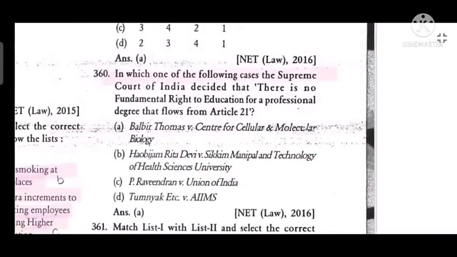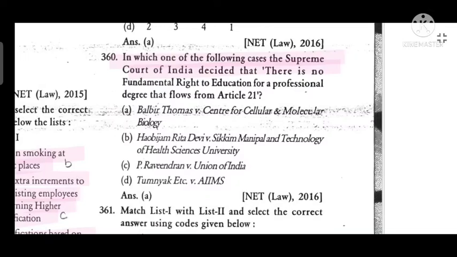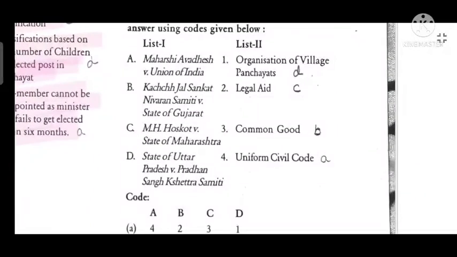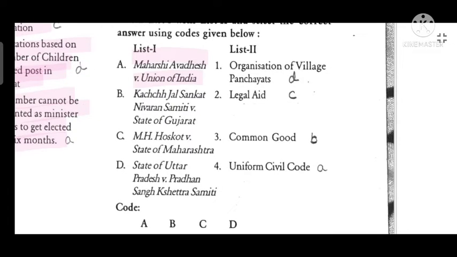In which one of the following cases did the Supreme Court of India decide that there is no fundamental right to education for a professional degree that follows from Article 21? Balbir Thomas versus Center for Cellular and Molecular Biology. Maharshi Avdesh versus Union of India: Uniform Civil Code. Kachchh Jal Sankat Nivaran Samiti versus State of Gujarat: common good. M.H. Hoskot versus State of Maharashtra: